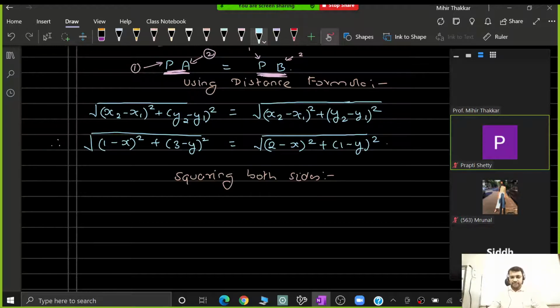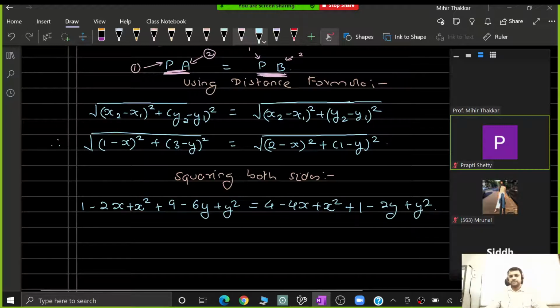So the first element, 1 square minus 2x plus x square plus 3 square minus 3 into 2 into y, that is 6y plus y square. On the right hand side, 4 minus 4x plus x square and 1 minus 2y